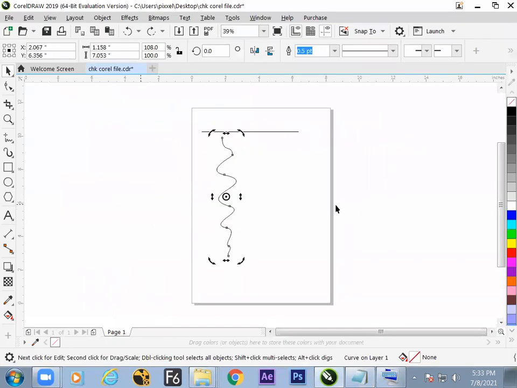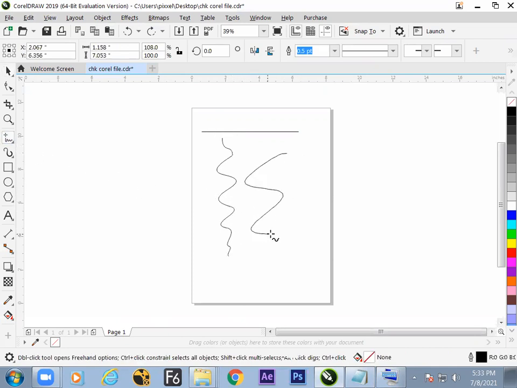Now catch to the screen. We have drawn a very scribble format of line on the screen. How beautiful Corel is to make it into art. We'll switch to a little artistic now. A lot of theory we have learned. Now let us see how to make it into an art format. Just what you have done, we have taken the tool and scribbled on the screen. That's all we have done, not more than that.